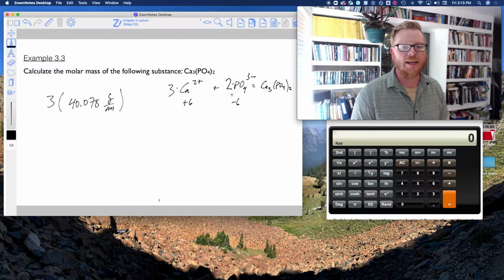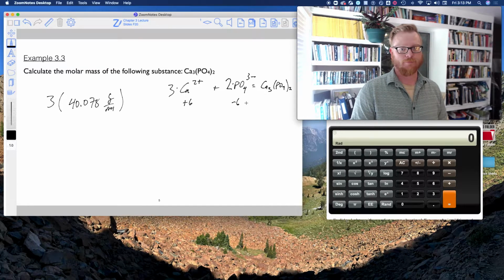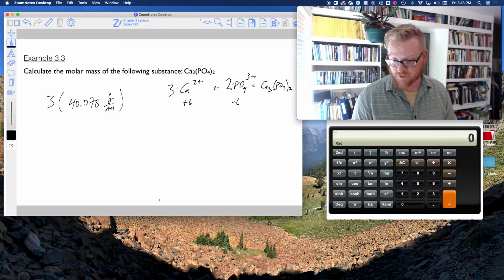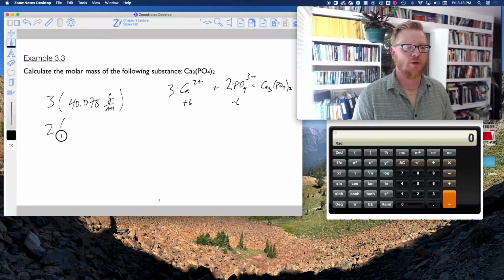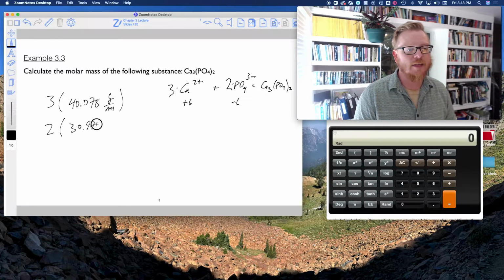Now I have 2 of these phosphates, but 1 phosphate is PO4. So for every 1 phosphate, I have 1 phosphorus. For every 2 phosphates, I have 2 phosphoruses. So that's 2 times, and then the mass of phosphorus is 30.974